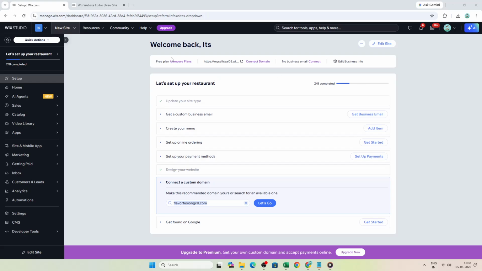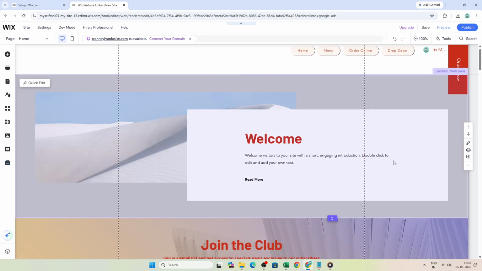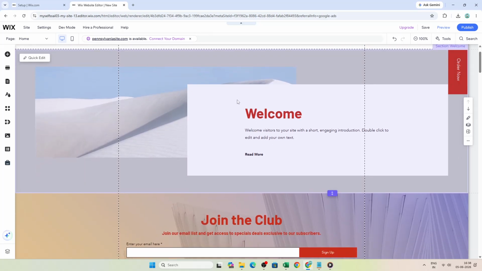In today's video, I'm going to teach you how to add a scroll effect on Wix. To get started, open your site in the Wix editor. This is where you will make all of your design changes and preview how the effect will look on your page. Once you are inside the editor, head to the section of your site where the element is located that